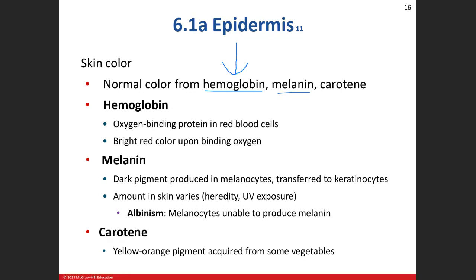All right, it doesn't give me any kind of skin tone. I don't get tan, I get red. All right, and then carotene. Okay, carotene. You ever heard of beta carotene? Carrots. Okay, carotene, and